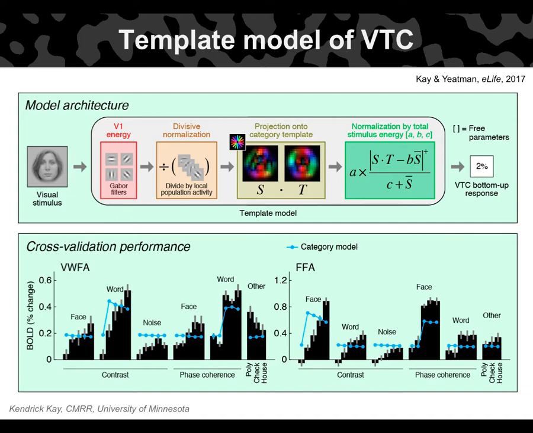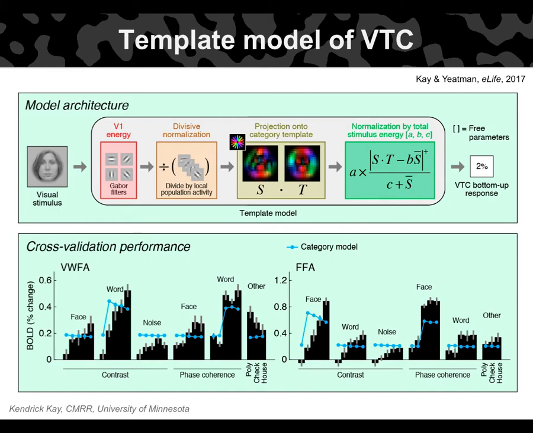So we leave out each stimulus, train the parameters of the model, predict the left out stimulus, and do this n times, where there are n stimuli. So these lines, these predictions here, actually are slightly wiggly because of that cross-validation process. As you can see, this model explains some of the variance, but it's not super satisfactory, and it's very